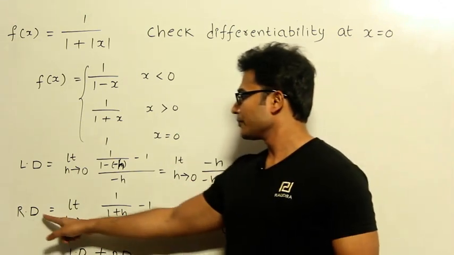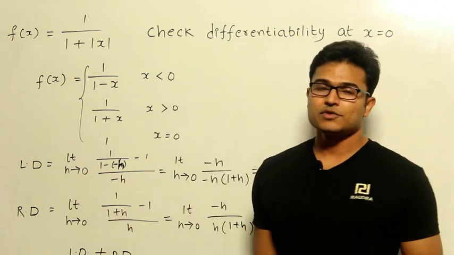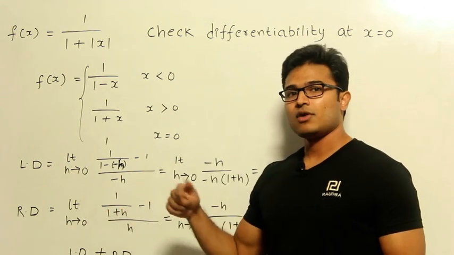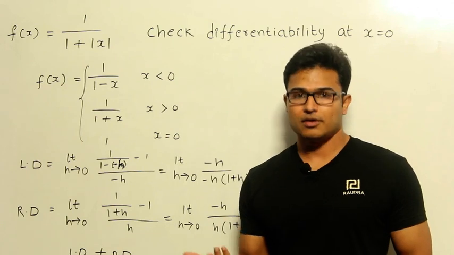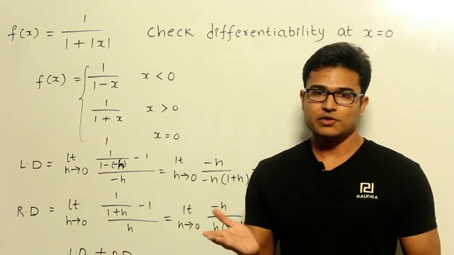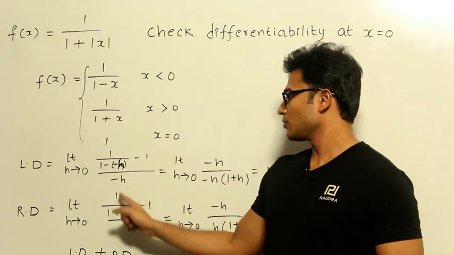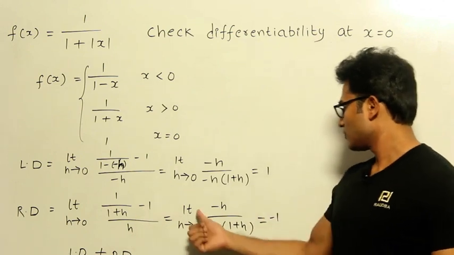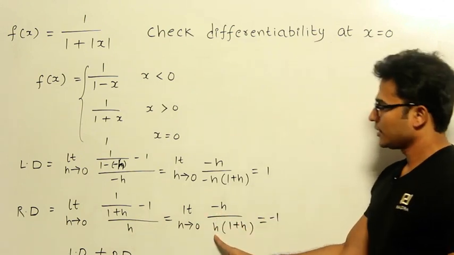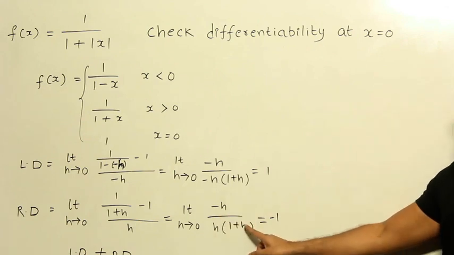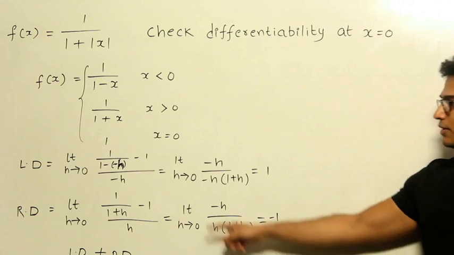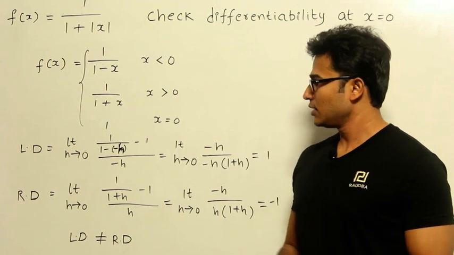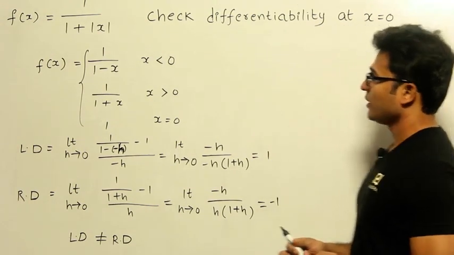Now what about the right derivative? In the right derivative, you put f of 0 plus h, and h is a small positive number, as you know. Since h is a small positive number, f of 0 plus h is a positive number, so you are supposed to use this function. It is going to be 1 by 1 plus h minus 1, divided by h. Now if you work it out, you are going to get minus h and h, these two get cancelled, and if you substitute h equal to 0, you are going to get minus 1. Now the left derivative and the right derivative are not equal, therefore you can say that it is not differentiable at that point, at 0.